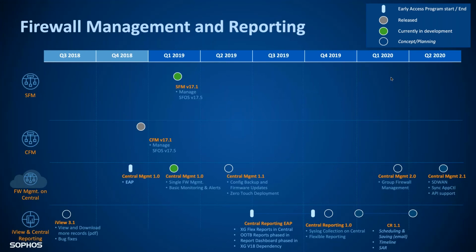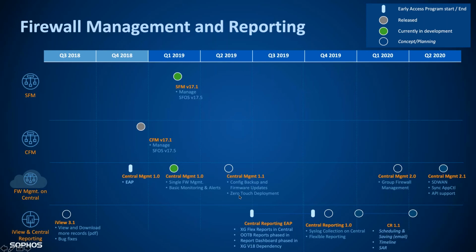So just a quick overview on a roadmap, kind of to see where we're at right now. We are at that CM1 point on the map here. So we look at the third line down. What we're going to have is single firewall management, which you can again have multiple, but it's managing the single firewall at a time, with some basic monitoring and alerts. 1.1, and these are basically in concept right now. So these may slip back or forward depending on the planning and the development work that gets done. We are looking by the end of Q2 2019 to have 1.1, again, configuration for backups, firmware updates,